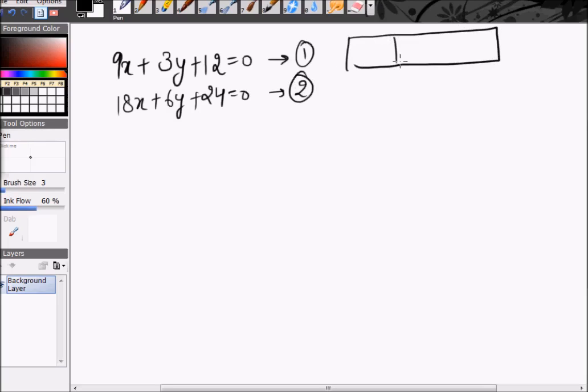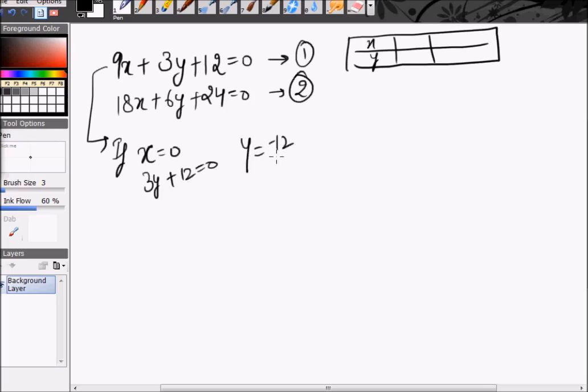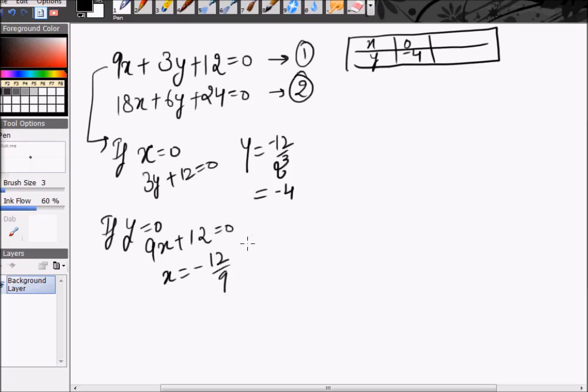For the given equations, for equation 1, if x equal to 0, we have 3y plus 12 equal to 0, or y equals minus 12 over 3, which is minus 4. If y equal to 0, we have 9x plus 12 equal to 0. That is, x equal to minus 12 over 9, which is minus 4 over 3,